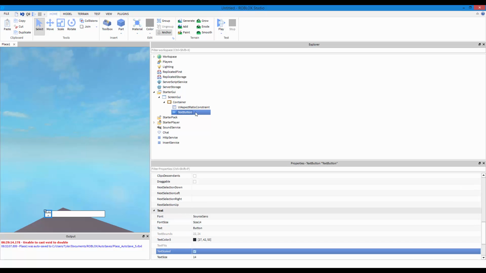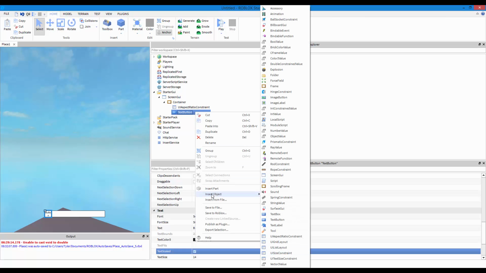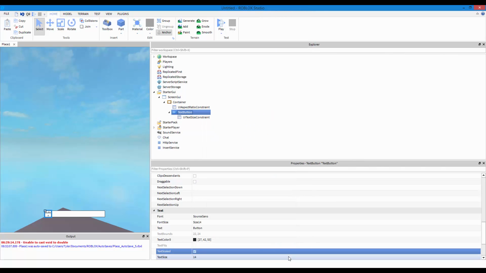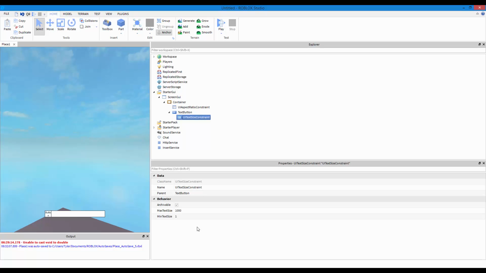Now this is when another constraint comes in. So right click on the text button or whatever you have text on, then you go to UI text size constraint. I believe you put in the text button. Yeah, you're not gonna really see a difference, but if I change it to 10, you will.